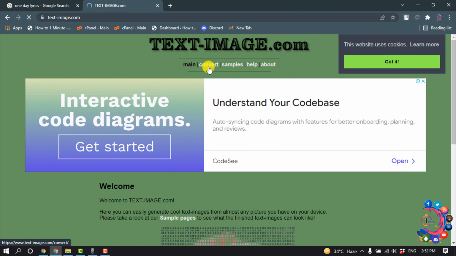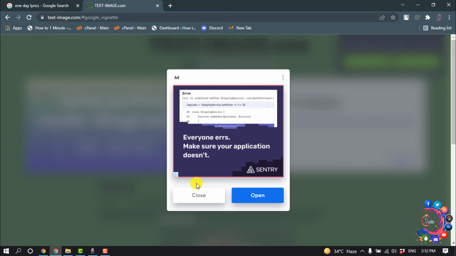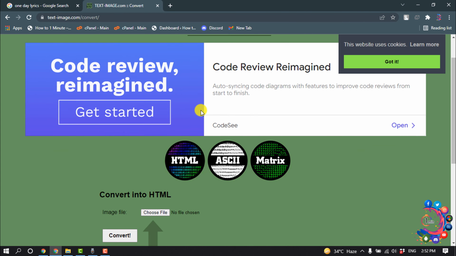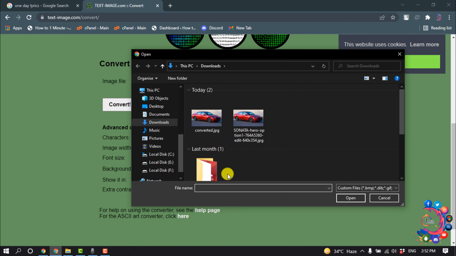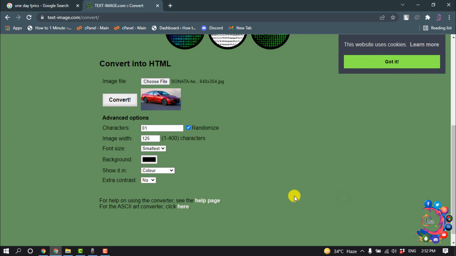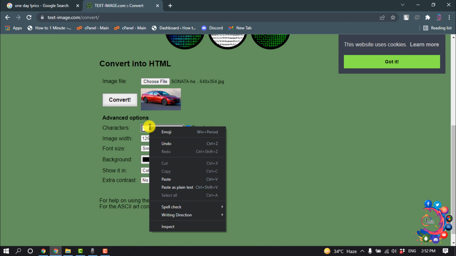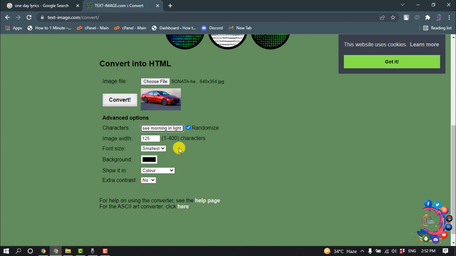and now click on convert and click on choose file, and simply select the file you want to make text image. And characters, cut this character, and here you have to put your lyrics, and make sure to check this randomize